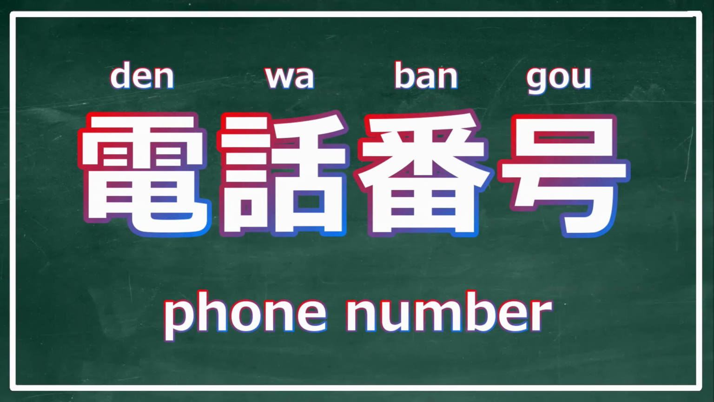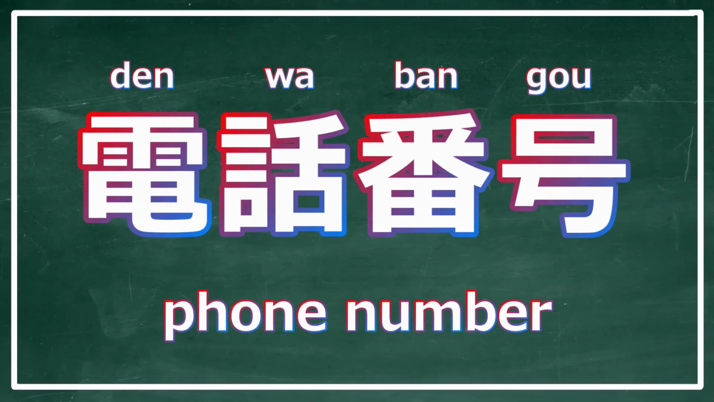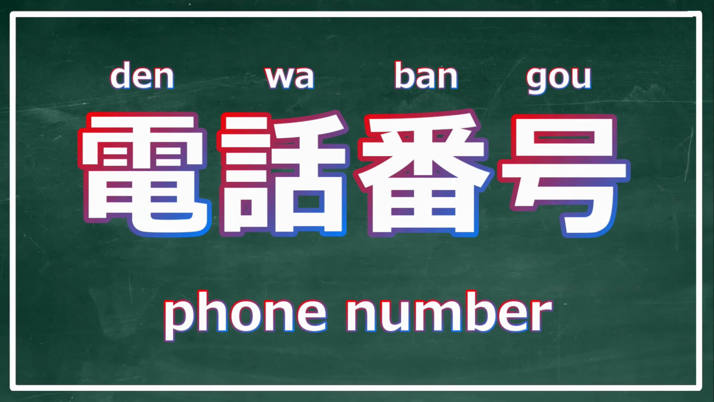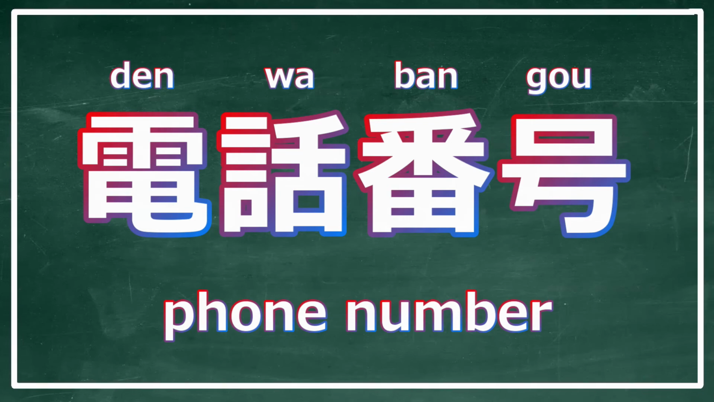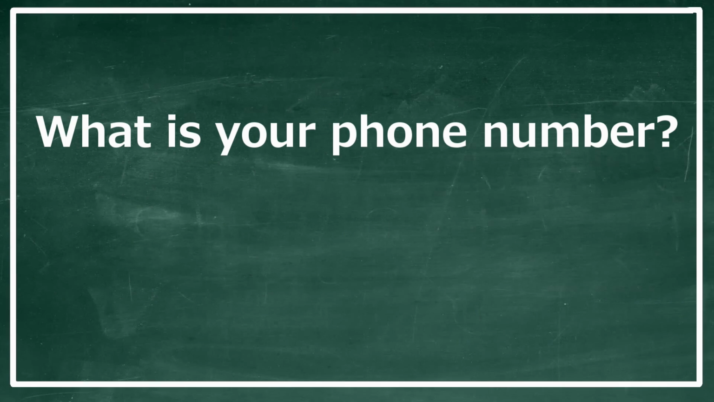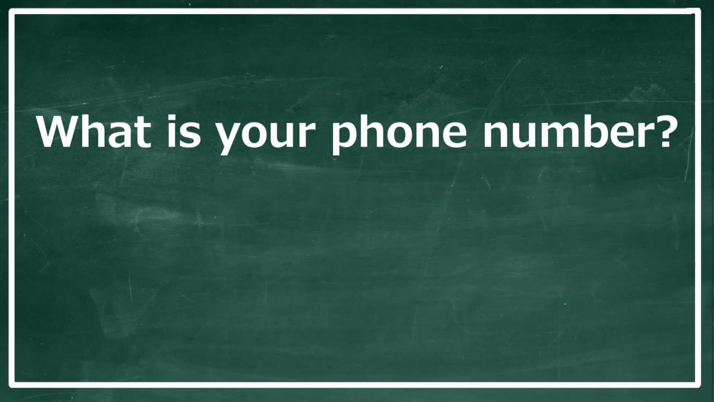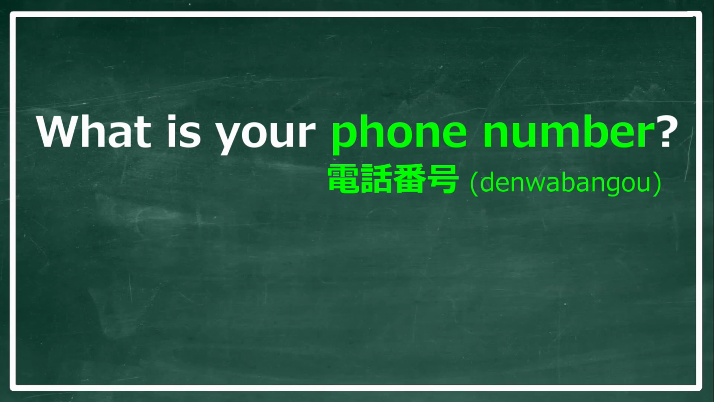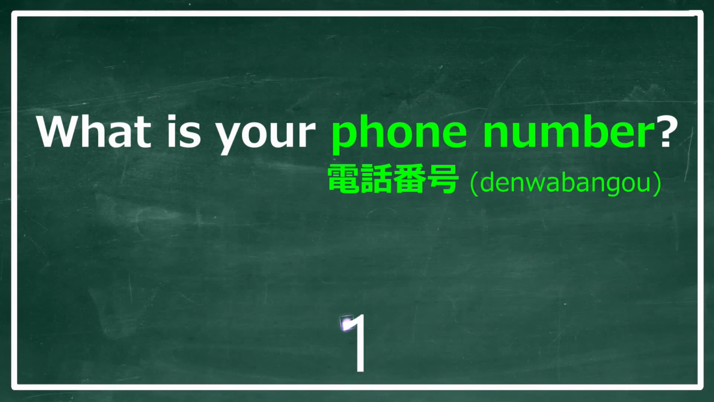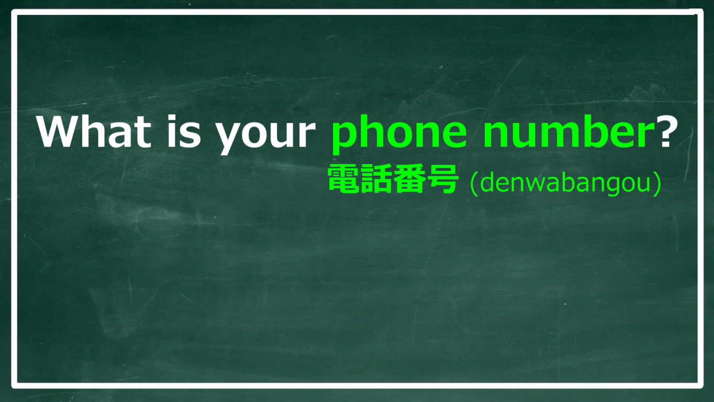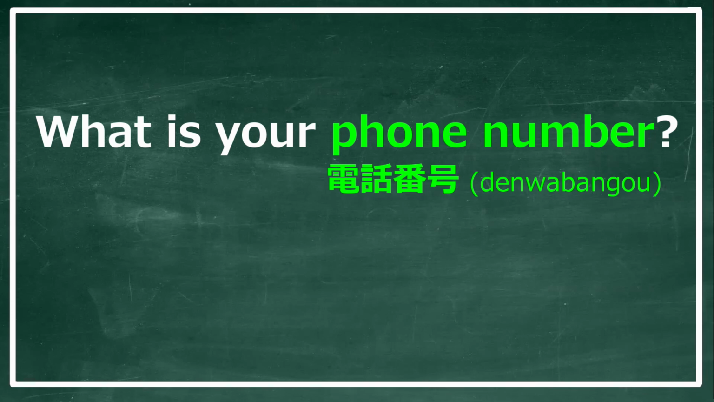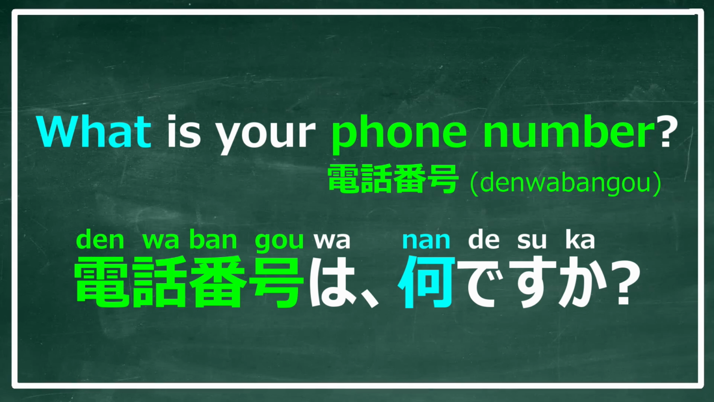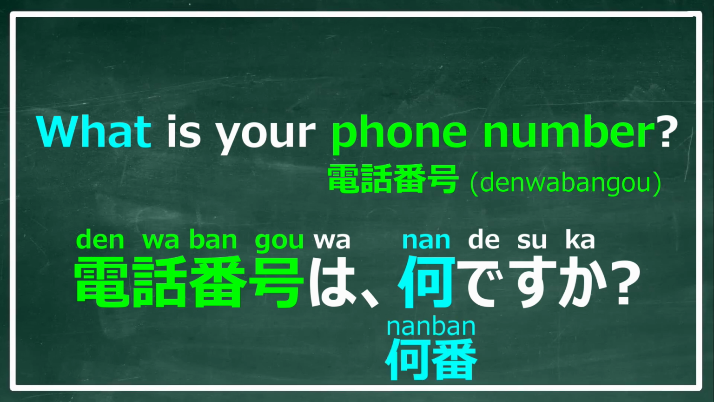Phone number. Let's move on. If you have watched my previous video for question sentences, you already know the answer here. If you would like to know someone's phone number, how would you say it in Japanese? Phone number is 電話番号。答えは The answer is 電話番号は何ですか？ or 電話番号は何番ですか？